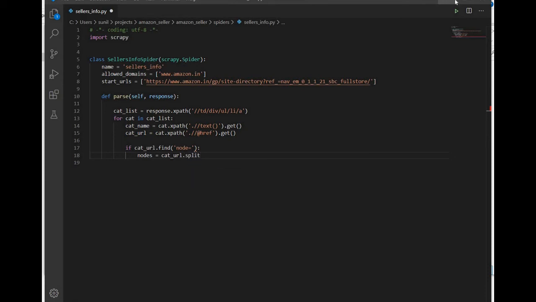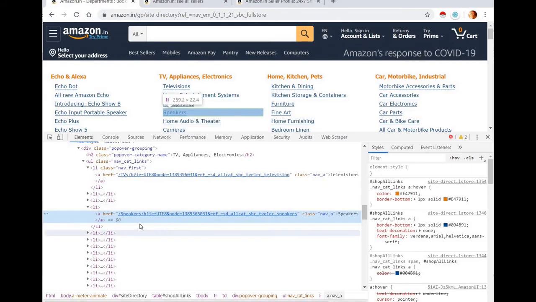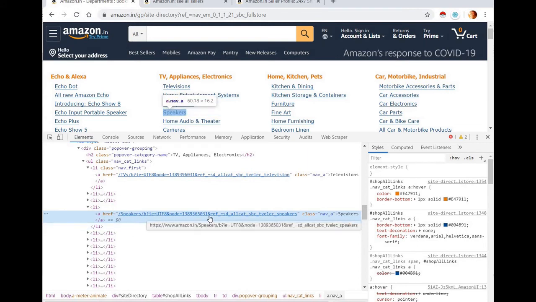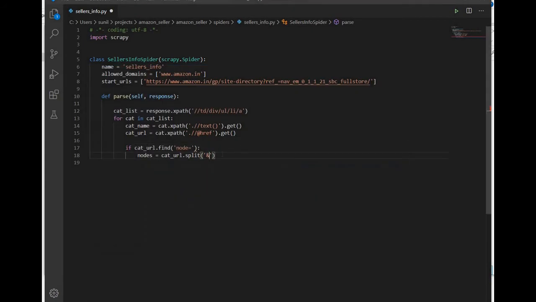We are using the split function over here, which means the URL should be split by the ampersand, because this URL has an ampersand over here and one more here, so we need the part in between. So we split by the ampersand, and then for node in nodes.